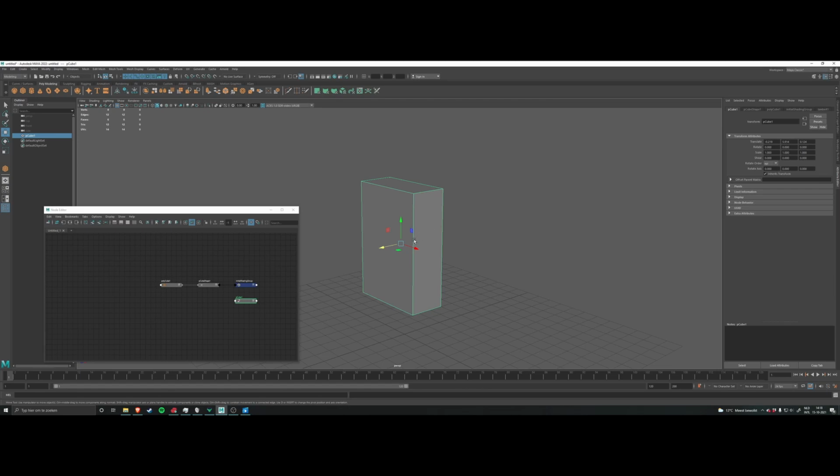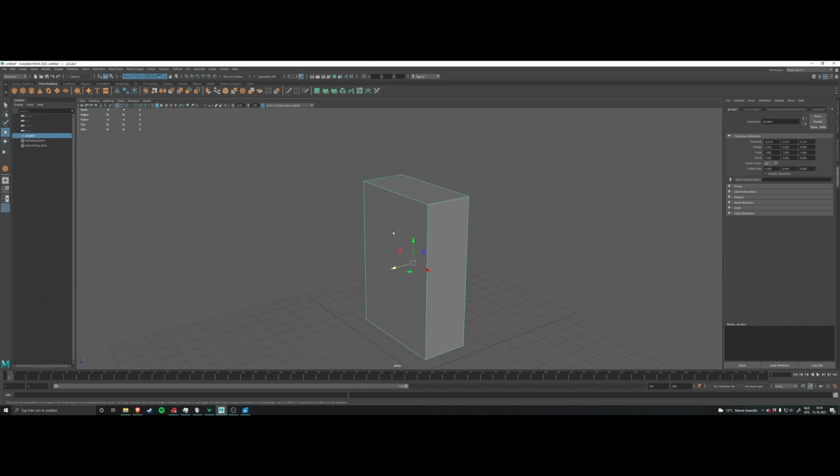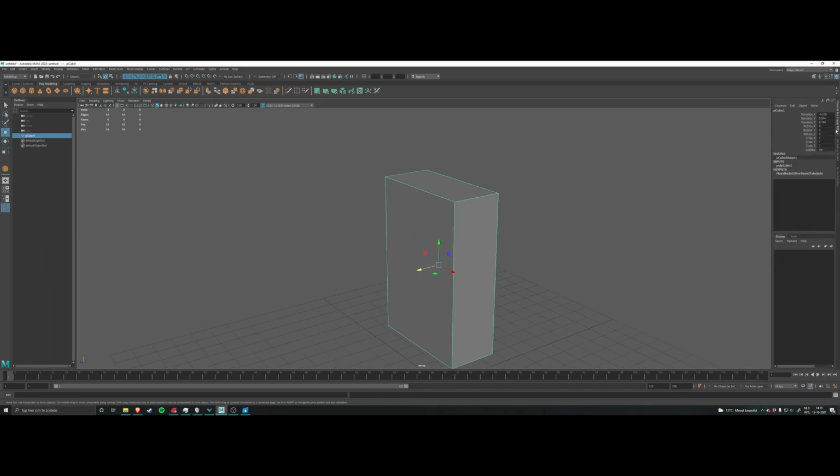And it's a very powerful way of working. It can be very handy, especially when you need to change something that you worked on hours ago, and you want to change something about a certain aspect of your model. Then it can be very handy. But most of all, we want to try to get rid of all these nodes every now and again because they can also corrupt your file and they can make your entire software crash. So I'll show you how to do that in a minute. For now, though, let's get back to the channel box on the right,